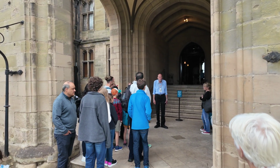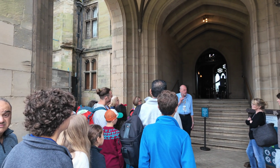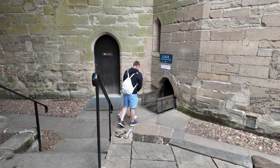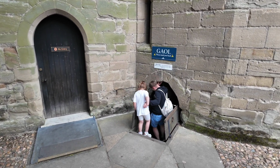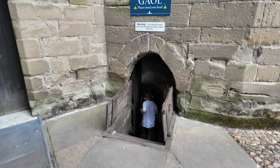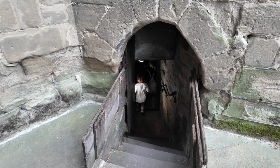Well, here's one of the tours, Stately Splendour. So you just turn up and you can go around. Well, in the corner as well, next to the Kingmaker attraction, you've got the jail. So I've been in it before. It's a really sharp staircase to get down, quite low. So I'm going to struggle with Oliver, so I'm not going to be able to show you in there, but